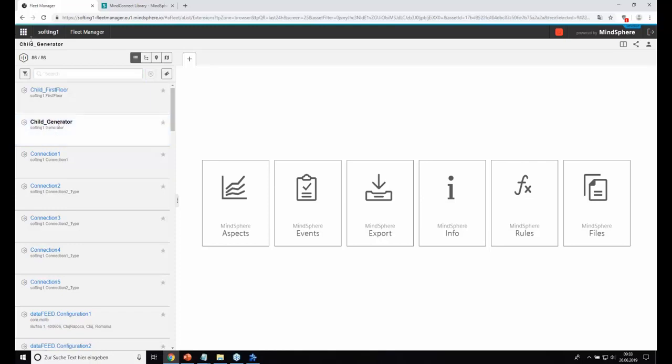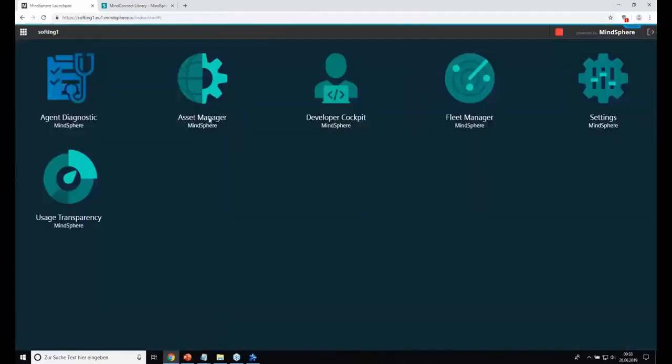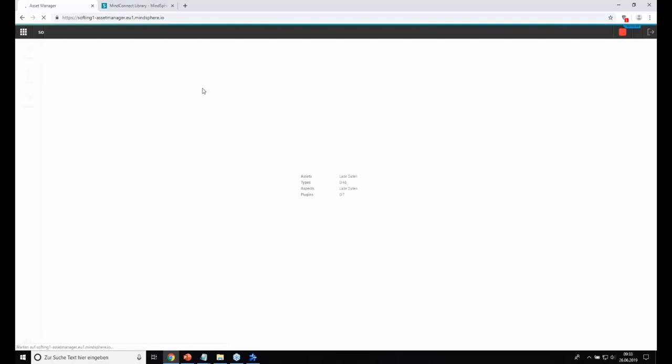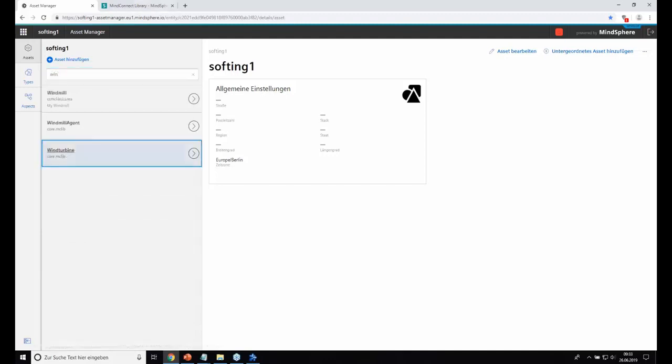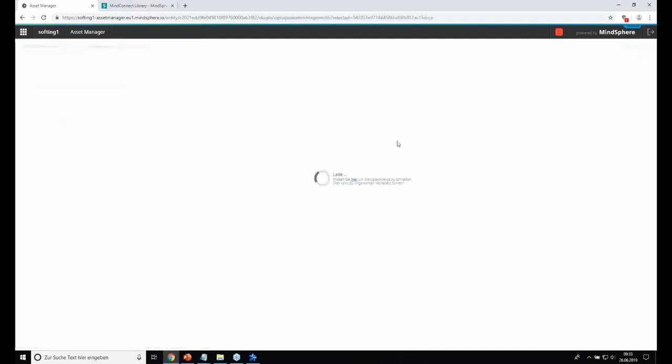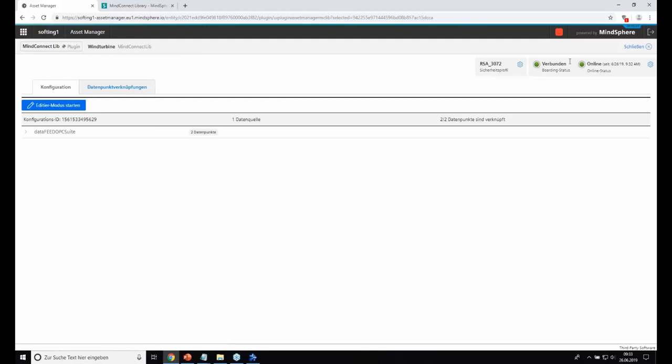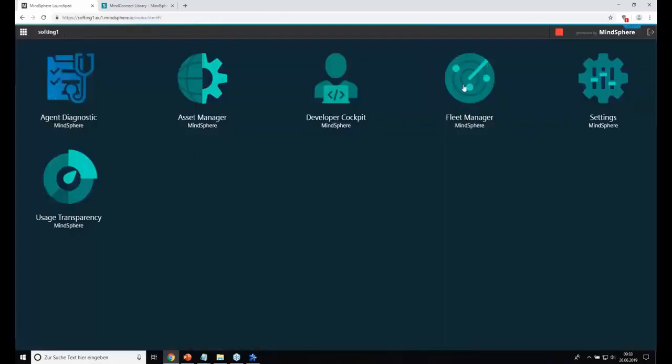Here again, I can show you. I go quickly back to the asset manager, and because it says here, I can see here that it's already connected and it's online. I don't know why it needs such a long time to receive that data. So I go back to the fleet manager,